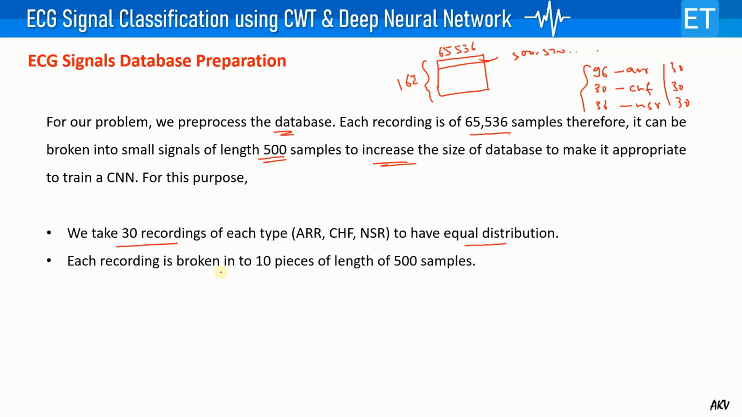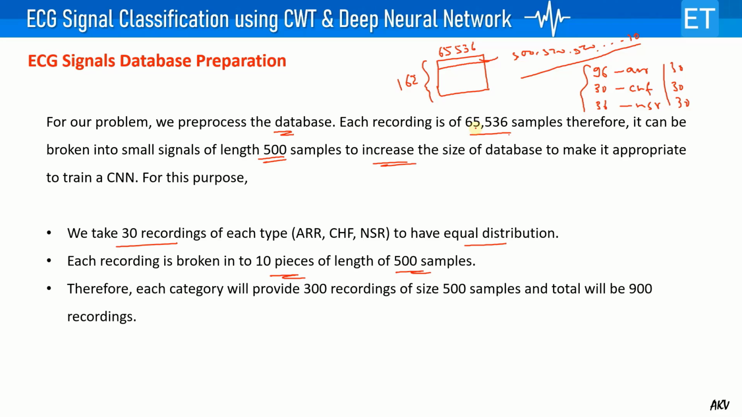And each recording will be broken into 10 pieces of length 500 samples. As I said, we will break the first signal into 500 sample lengths, and there will be a total of 10 such pieces. Although you can go beyond 10, I'm limiting the database for this current video because I have to show you the training and testing of that deep CNN. If I increase the size of the database, it will not be possible to show you that complete training and testing